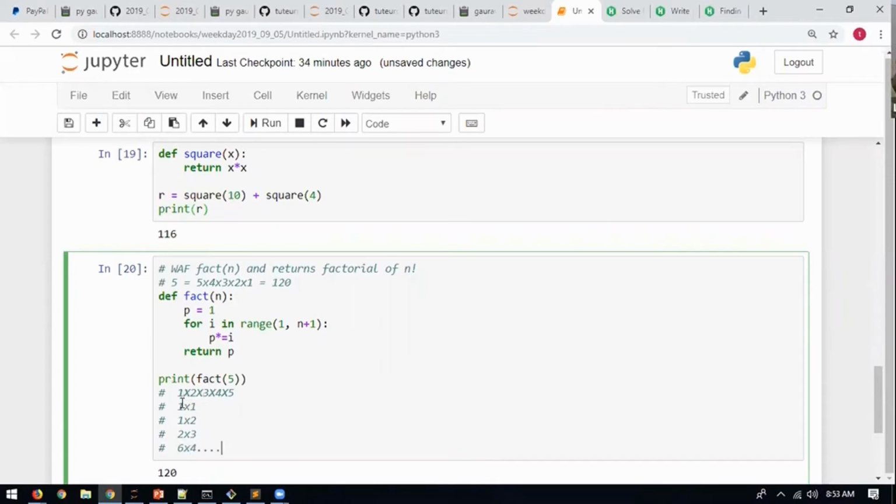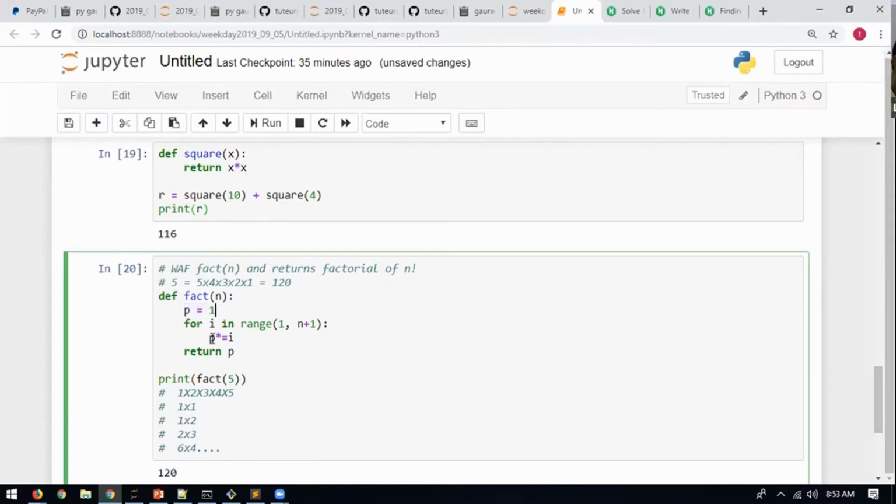So the first number that should get multiplied is what? 1. And range has to say n plus 1. Why? Because if you say range 1 comma n, it will go from 1 to n minus 1. So I should write n plus 1. Next thing is I need to store the result of the previous expression. So I need a variable whose value should be what? 1. And since we are doing multiplication, the multiplicative identity is what? 1. It's not 0. Additive identity is 0. Identity means if you multiply something by 1, it stays as it is. If you add 0 to something, it stays as it is. So that's why identity. So for multiplication, it is 1.